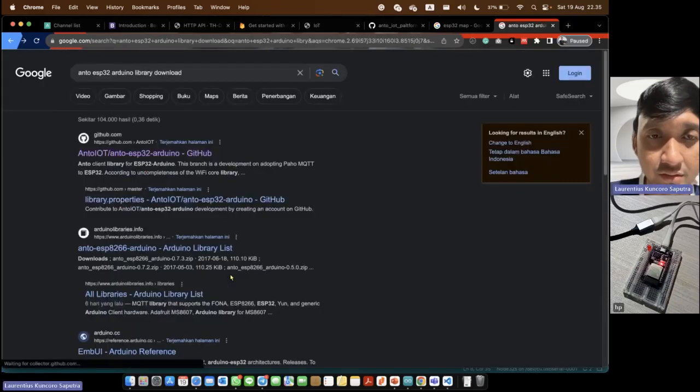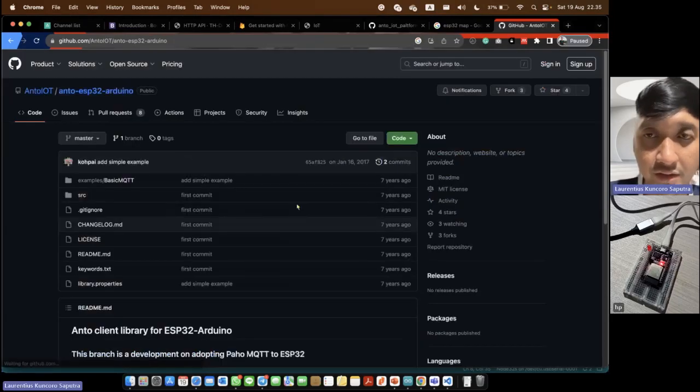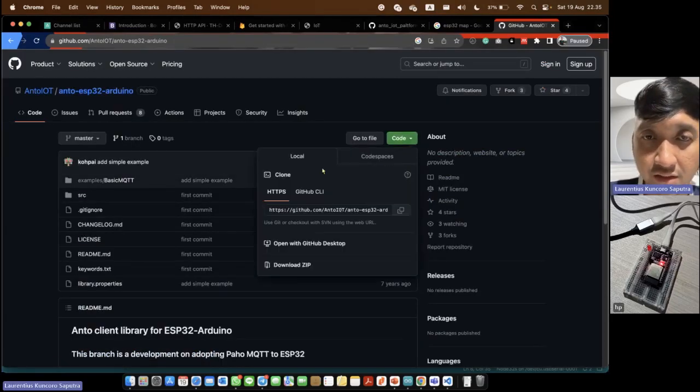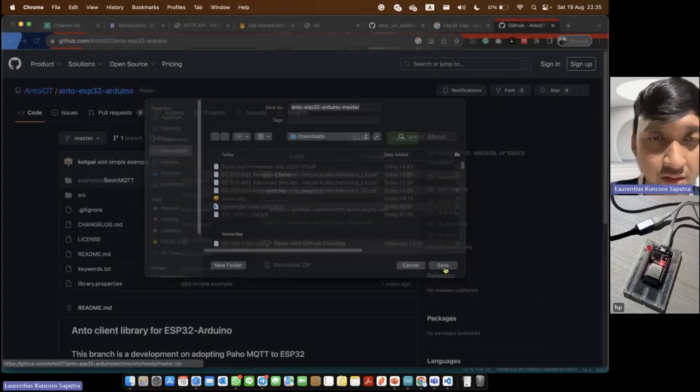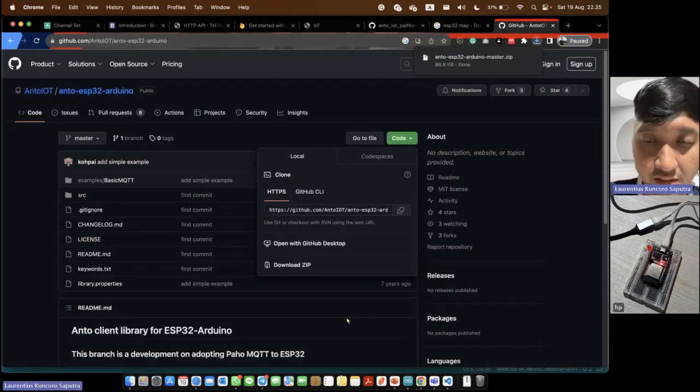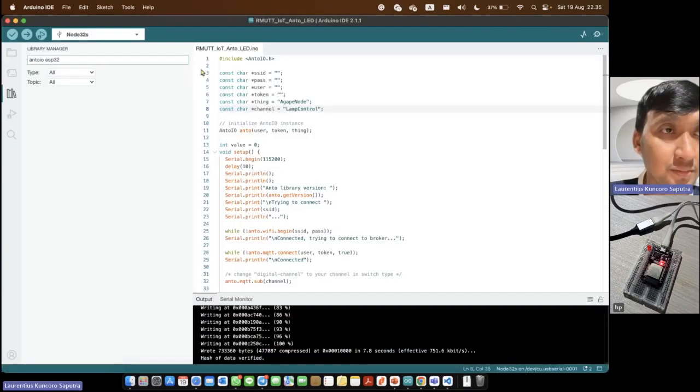We can download the code here as a zip, and we put the zip in the downloads, and after that we can add it manually.